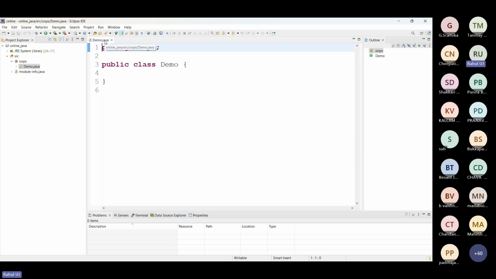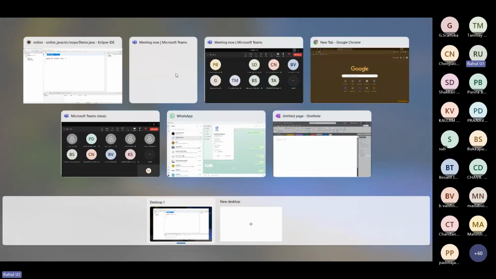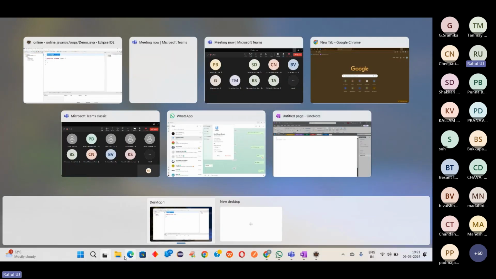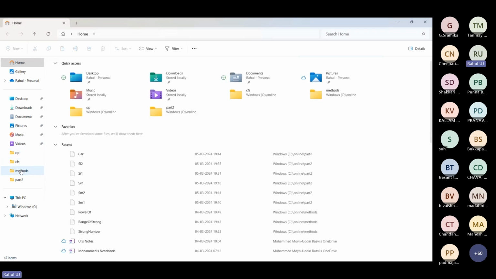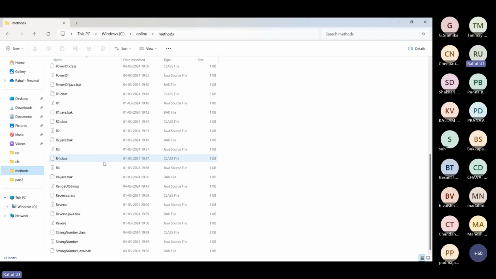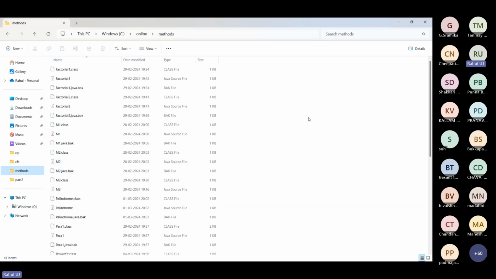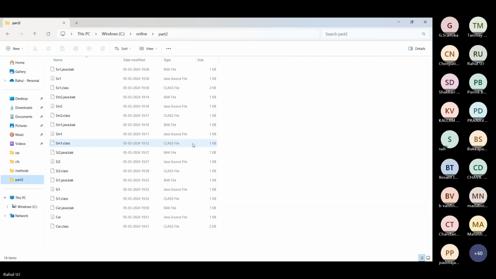In this, the first line will always be package. You might be wondering what a package is. As in our system we have folders, and inside a folder I have multiple files. A folder is a collection of files, can we say it like that?